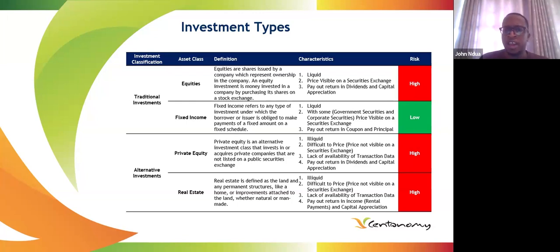So when I buy shares in a company like Equity Bank or Safaricom or EABL, I am basically buying ownership in that company. I am becoming a part owner of that company. And being a part owner comes with its advantages and disadvantages. So what are the advantages? The advantage is if the company performs well and records a profit, I am eligible to participate and earn some income from that profit. Number two,